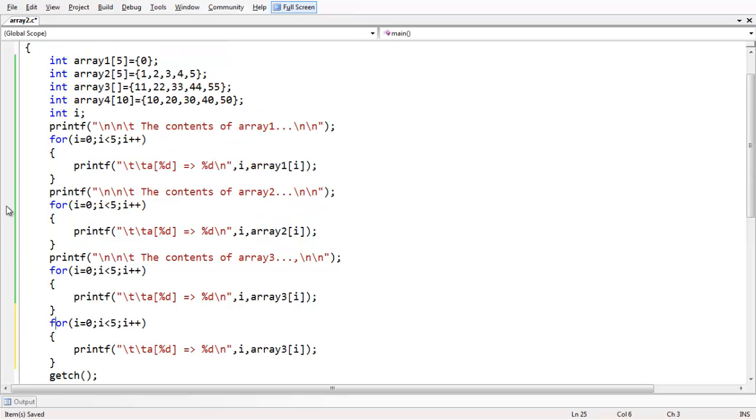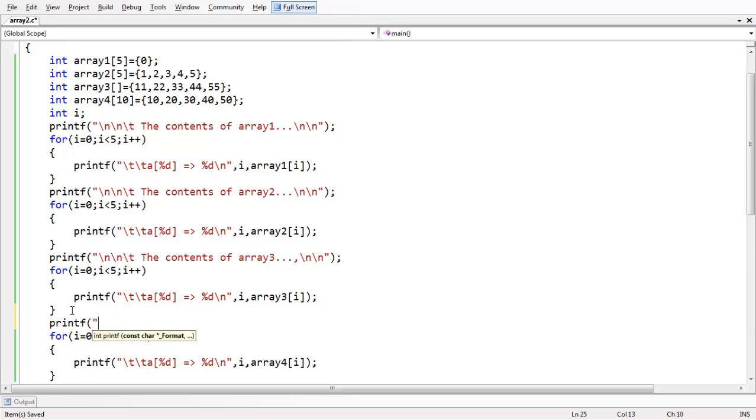But now here our array is of length 10. So we have to make a change in our for loop here. Let us make it as 10, and as usual everything is the same, and let us change the name of the array to array 4. Again you can have a printf statement here, the contents of array 4. So if you save and run the program here,